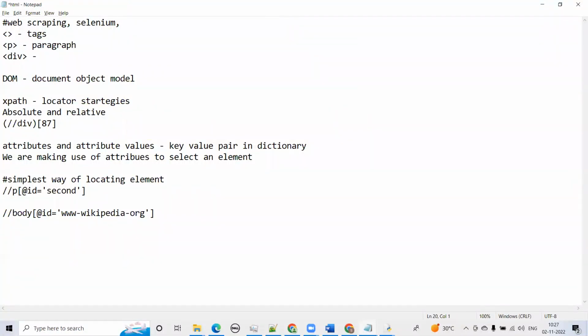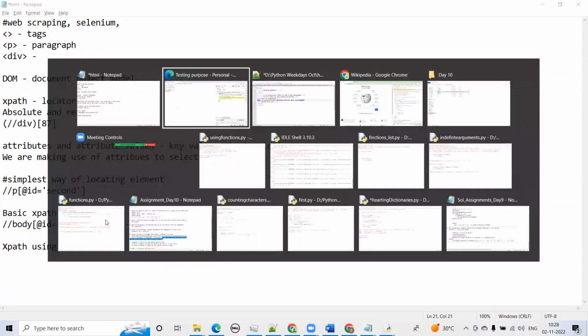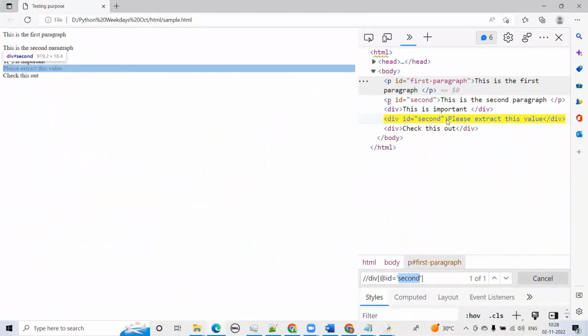So what we saw is a very basic XPath. Very simple, very easy one. Now the second one which we are seeing is XPath using contains. I will show you what contains is and what the symbol is, or how we use this. So suppose for which one we have changed, div ID equals to